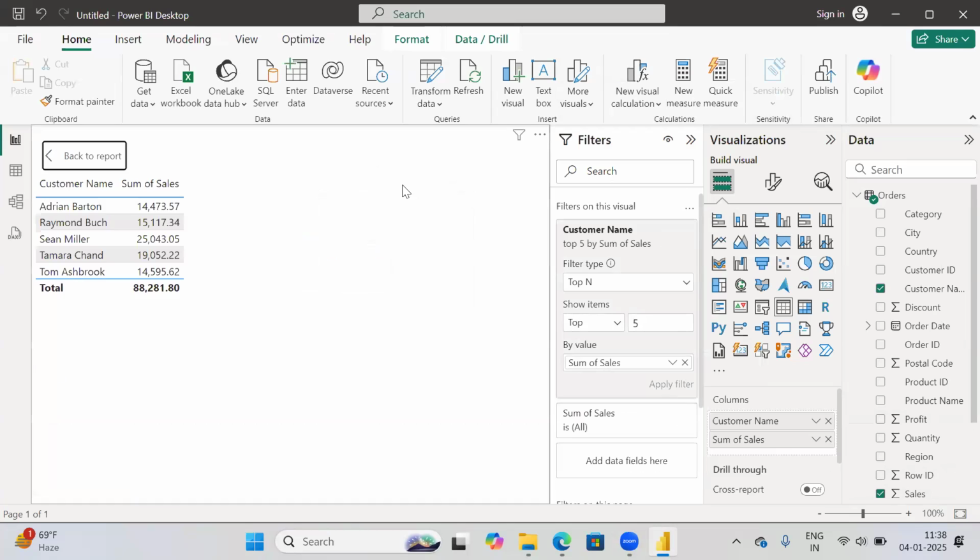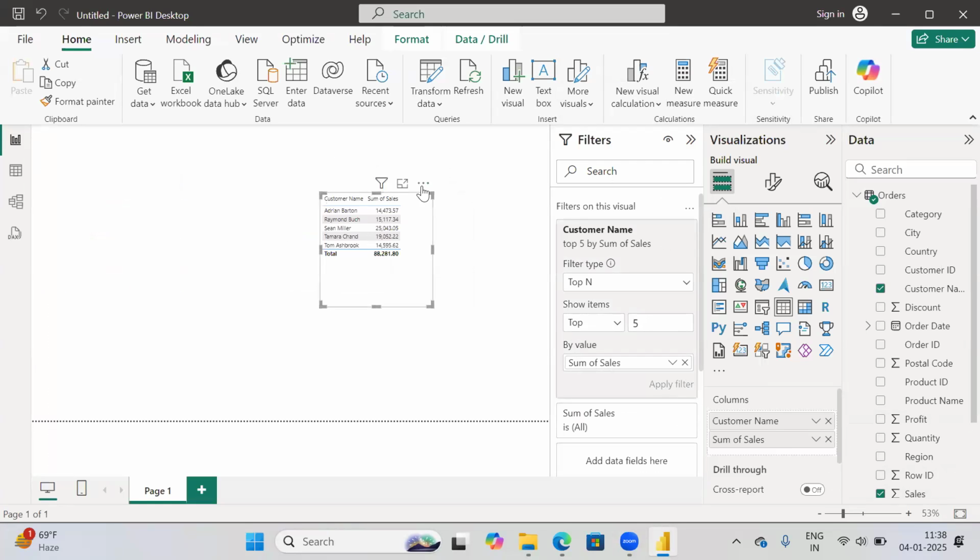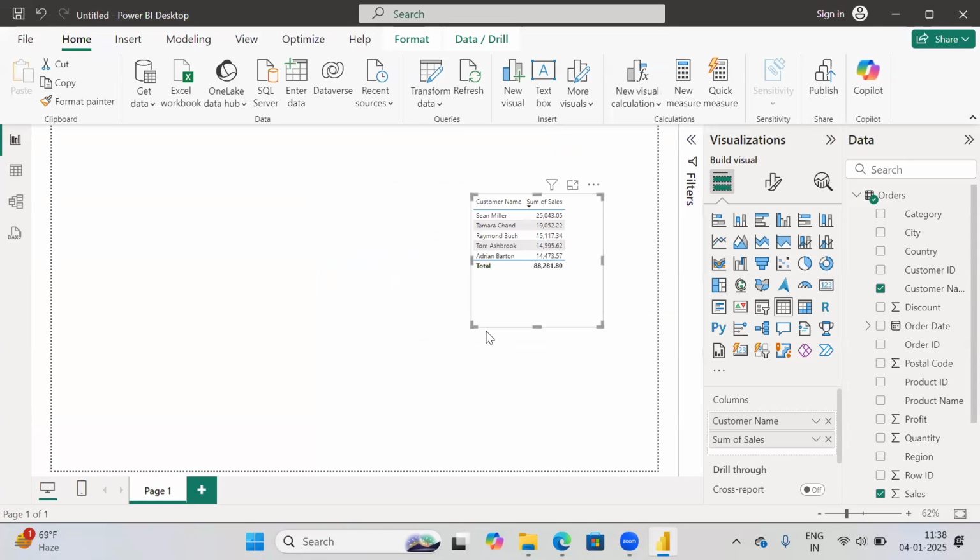Now we are seeing only the customers who are giving the highest number of sales. So these are the top five customers who are giving me the highest sales. We can put it in order also, based on sales. But after that, the challenge came when the customer said that